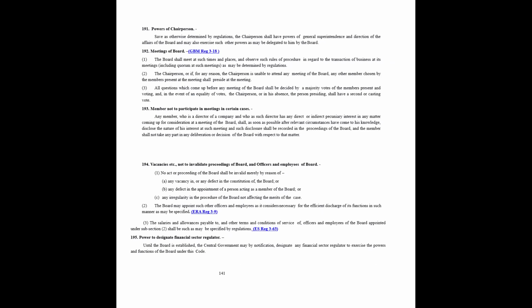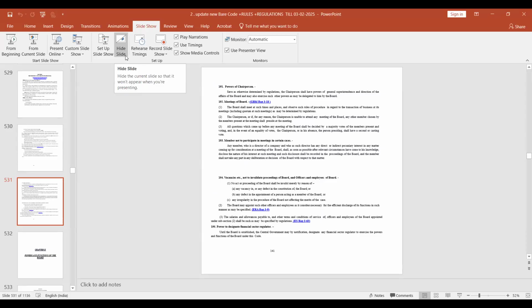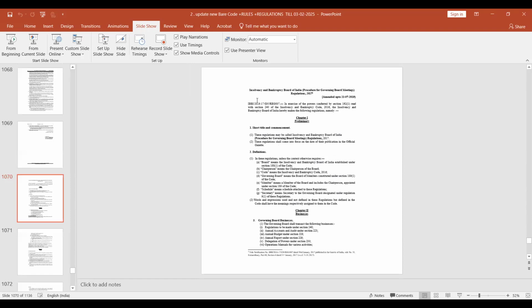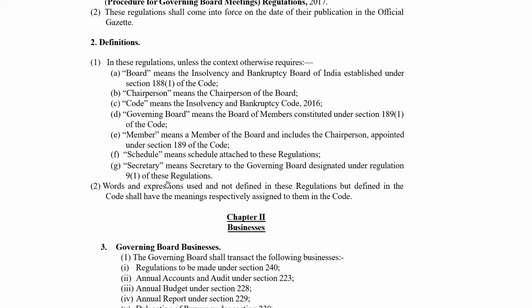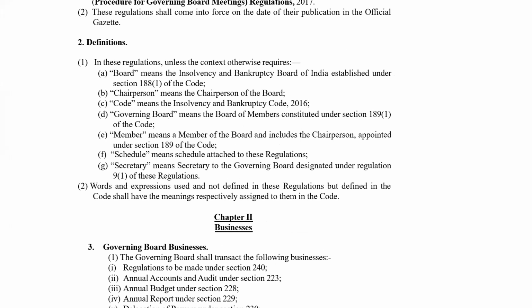मीटिंग्स ऑफ द बोर्ड में है आपका 3 to 18। 531, एक मिनट मैं जो नंबर लिख लेता हूँ इसको। 531 स्लाइड है ना, बाद में भूल जाता कहीं। अब गवर्निंग बोर्ड मीटिंग, ये गवर्निंग बोर्ड मीटिंग रेगुलेशंस, एक बार इसको देख लेते हैं। गवर्निंग बोर्ड मीटिंग रेगुलेशंस में क्या बोलता है? गवर्निंग बोर्ड बिजनेस, गवर्निंग बोर्ड क्या करेगा? देखिए दो, एक तो है बोर्ड आपका, बोर्ड मतलब आईबीबीआई, और एक है गवर्निंग बोर्ड। गवर्निंग बोर्ड अलग है, ठीक है।